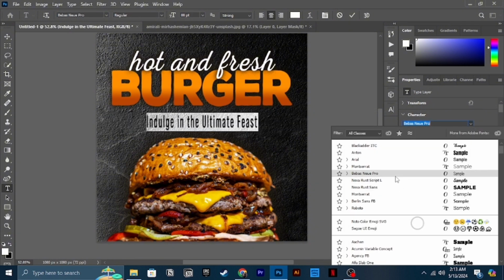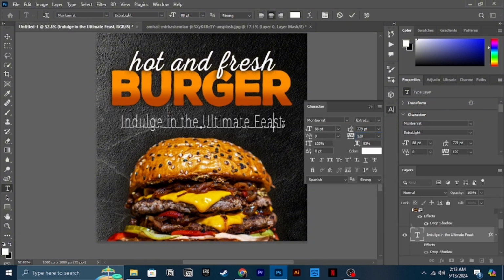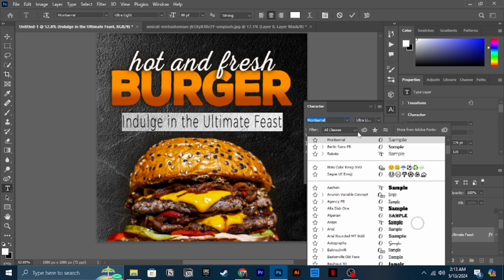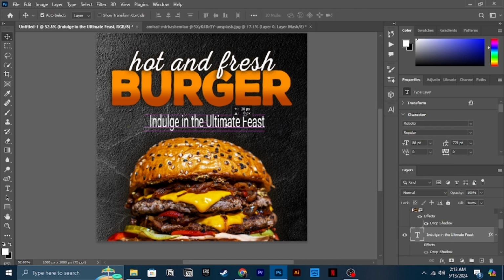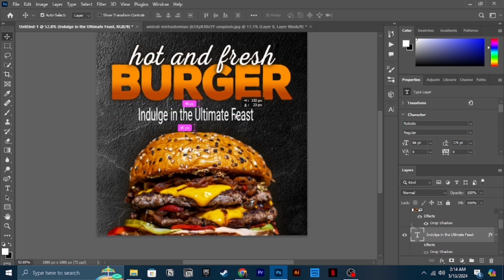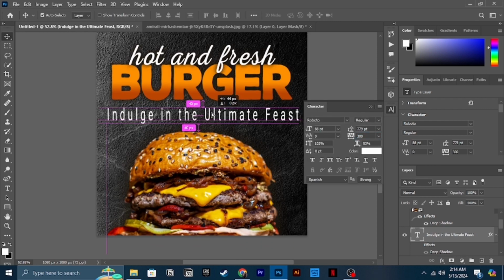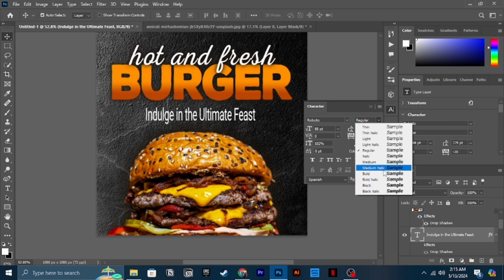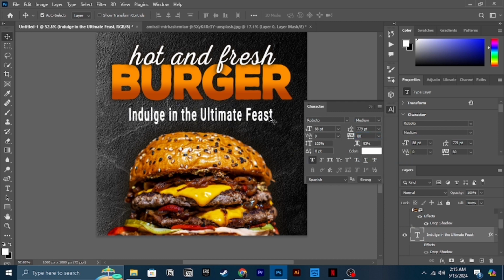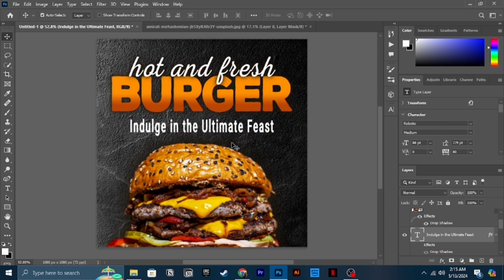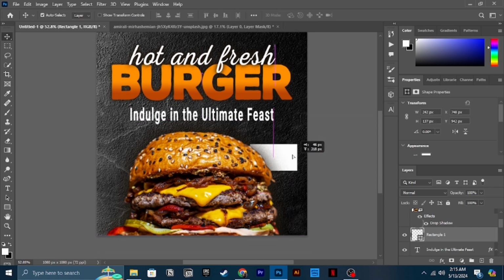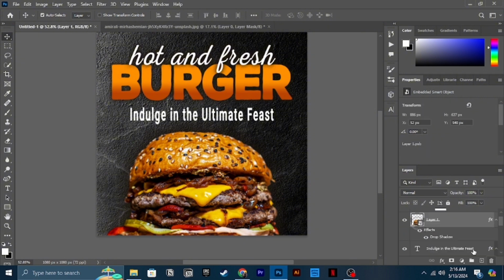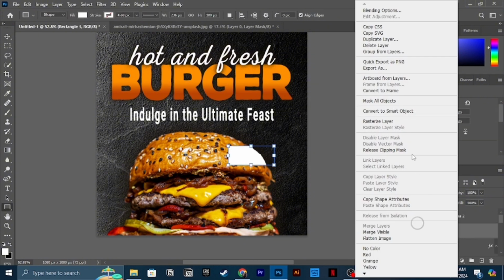And this is something that I learned, and I also encourage other people to do as well, which is not to put too many fonts. It should always be just one or two fonts, or at the very least three, if needed. But in this one, it wasn't needed that much. So after a while, I'm just going to go back to the one that hot and fresh is written in. So for now, it's just as it is.